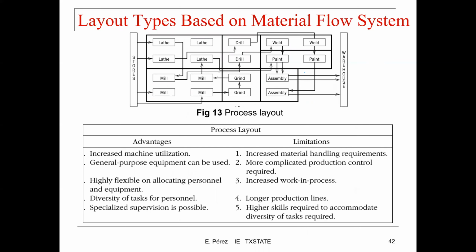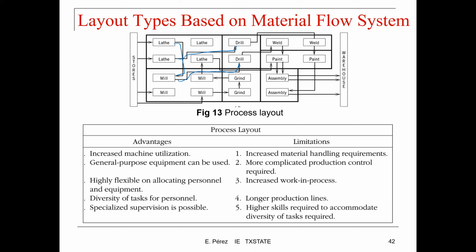And then we have the process layout. In this one, things can move where they're needed. Like you see here, you can go from here to here, and this one can go here, and then this one can go here. So there's no structure, basically. The advantage is that since you can allocate jobs to any of the machines, there's an increase in machine utilization. General purpose equipment can be used, it is highly flexible in allocating personnel and equipment, there is diversity of tasks for personnel,